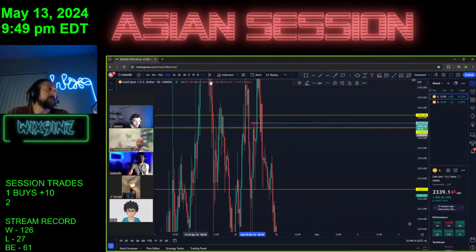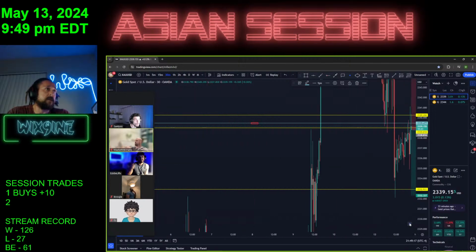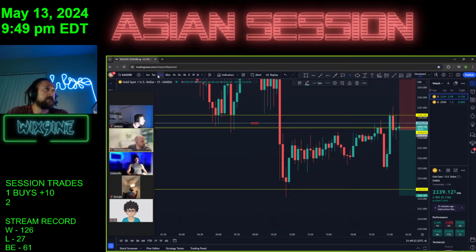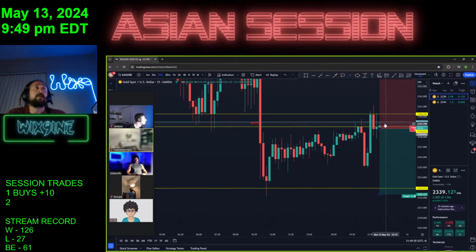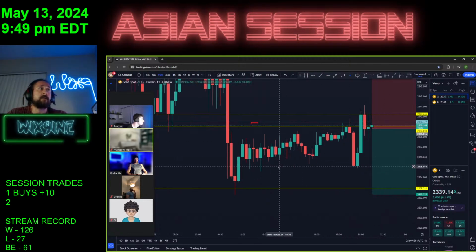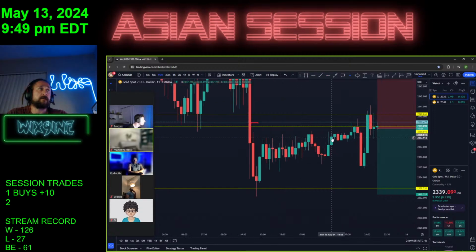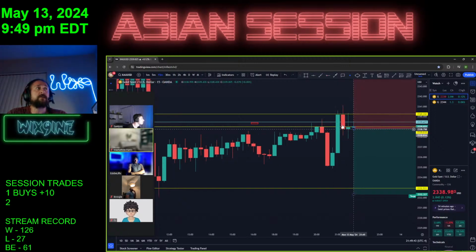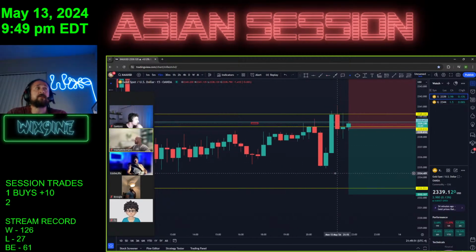So that's why I really looked for it to come down, but we'll see. It tapped it on the dot and came back down and flipped, so that's what I'm looking at. We tapped that area on the dot. I'm looking at an area we drove down from. I'm looking at the fact that we closed below the range. We faked out on the 15, and the next 15 held the resistance even though it closed bullish. So that's what I'm looking at.